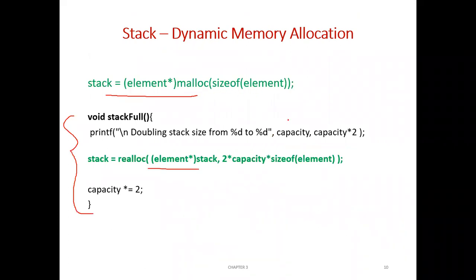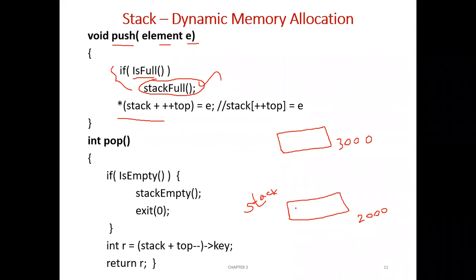Okay, so that memory is allocated and that starting address will be stored in stack. Okay, stack is a pointer, it means stack is pointing here. Now this new element, whatever the new element, which is a variable of type element, that is e, is a variable of type element, it should be placed here. Okay, that should become the value of this location.